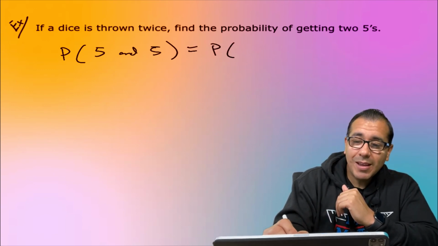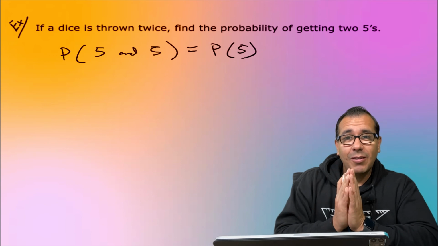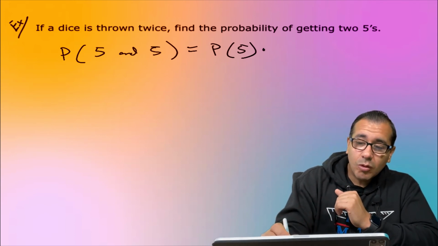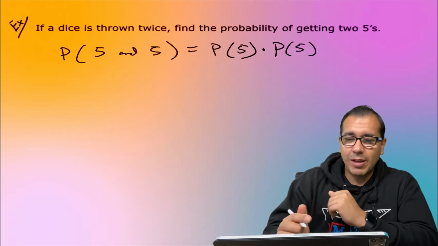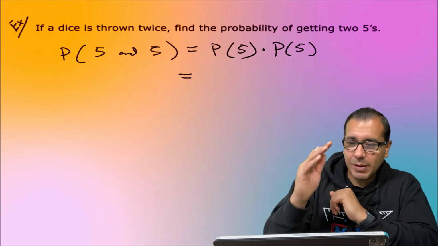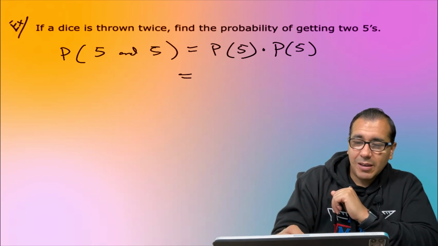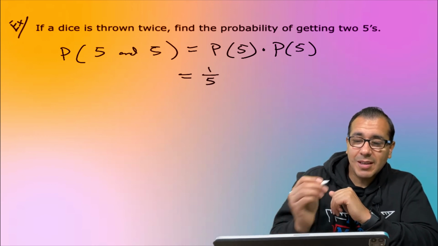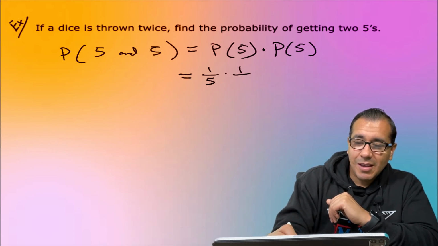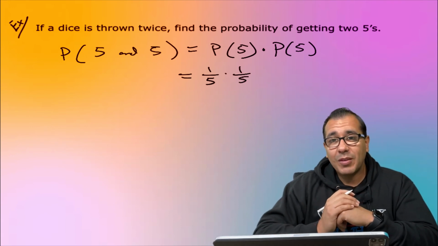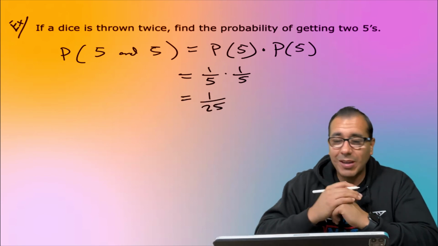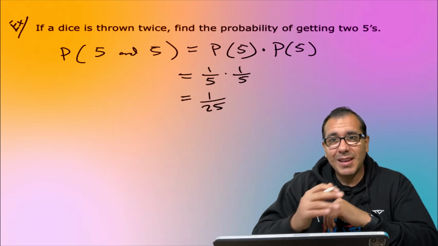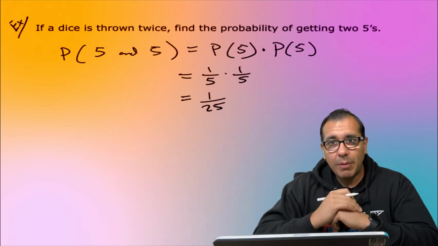So that's why I'm going to find the probability of rolling a 5, and I'm going to multiply it times that same probability of rolling a 5. You could do this once and then square it, or you could just calculate these and multiply them. So the chance of you getting a 5 is 1 out of those 6 sides. And again, same thing if we do that again. So we multiply, and we end up with 1 over 36 there. And again, just plug that into your calculator to get your probability.